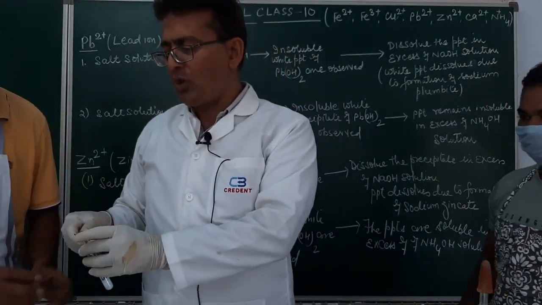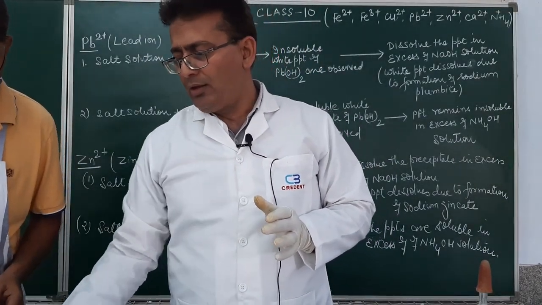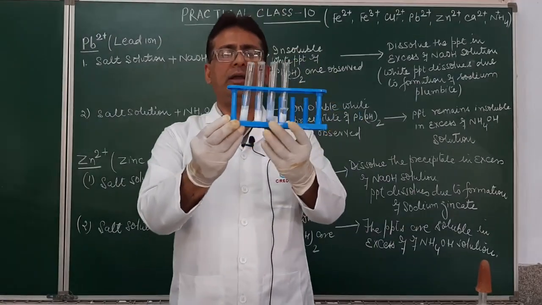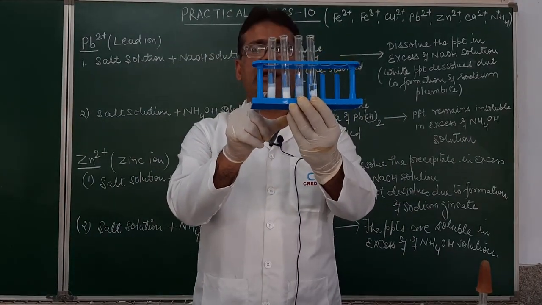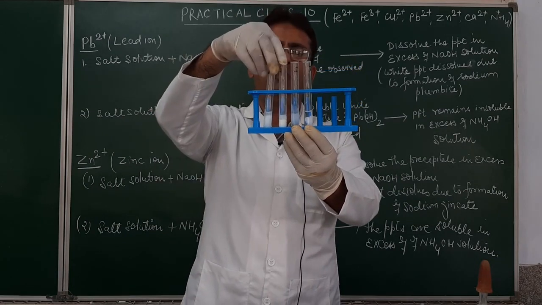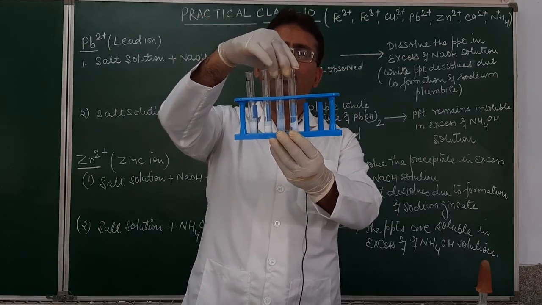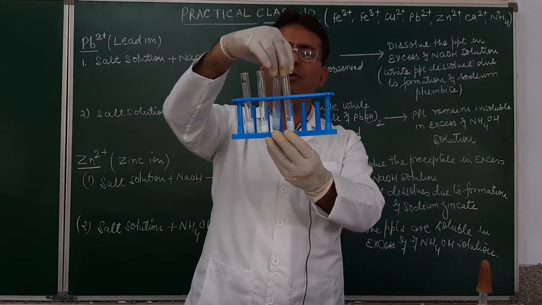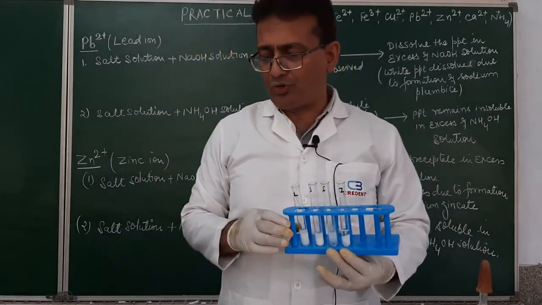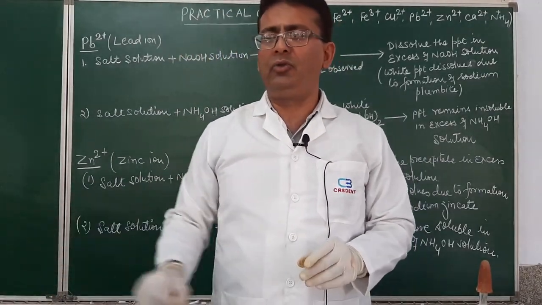So, over here we have got the lead ion and the zinc ion. Both formed colorless white precipitates. Just see over here the difference of color. This is a lead ion, soluble in excess of sodium hydroxide but insoluble in excess of ammonium hydroxide. Zinc ion forms a gelatinous white color precipitate which dissolves in excess of sodium hydroxide as well as in ammonium hydroxide. So today we have done the identification of lead ion and zinc ion.